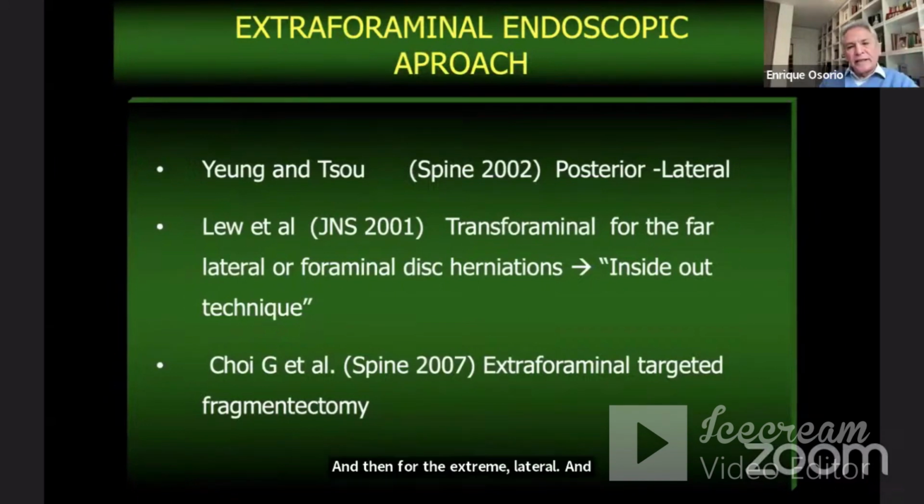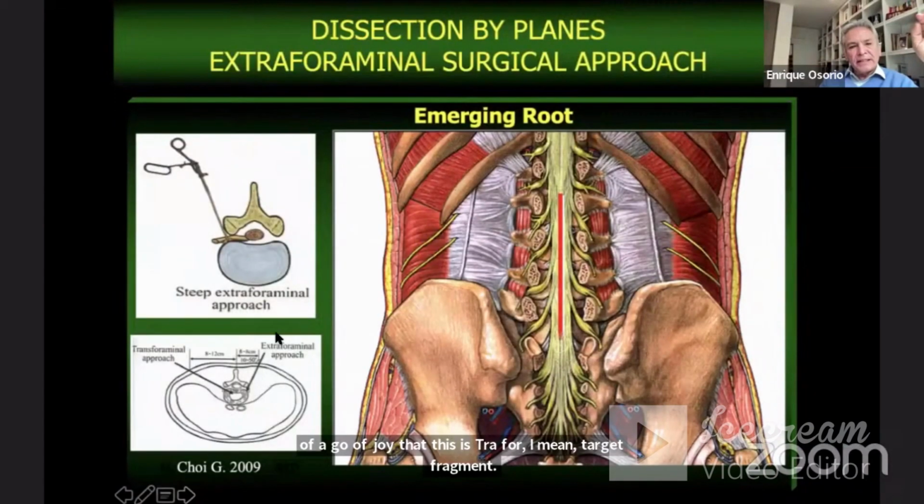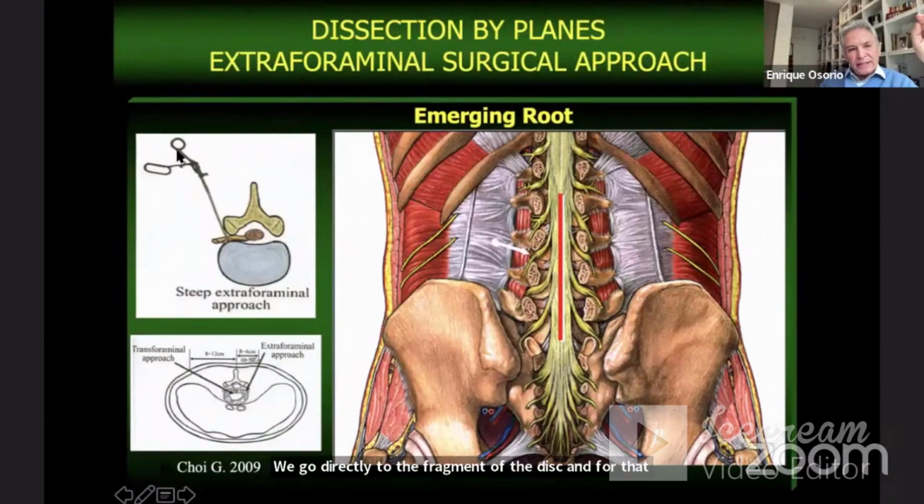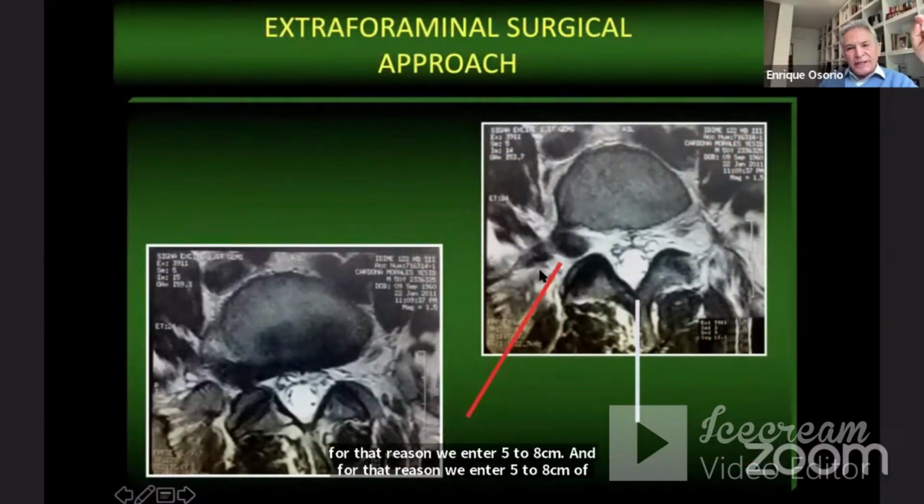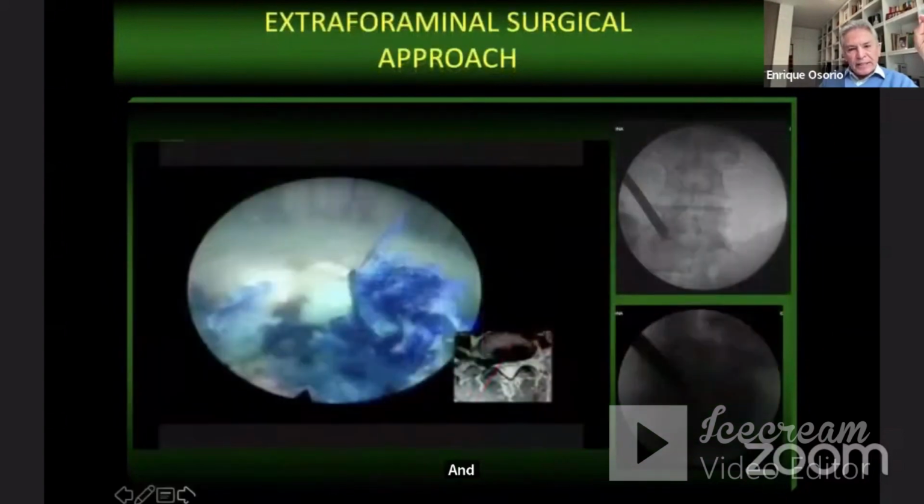hernias, we use the technique of Choi, that is a transforaminal targeted fragmentectomy. We go directly to the fragment of the disc. And for that reason, we enter 5 to 8 centimeters from the midline and go directly to the fragment. In this case, we can see